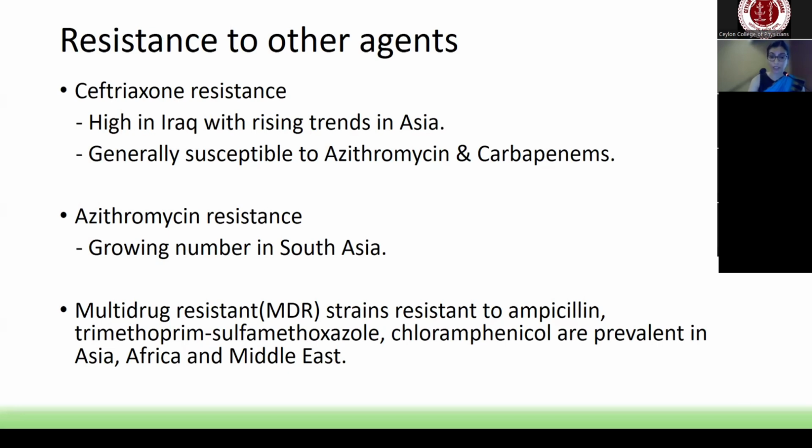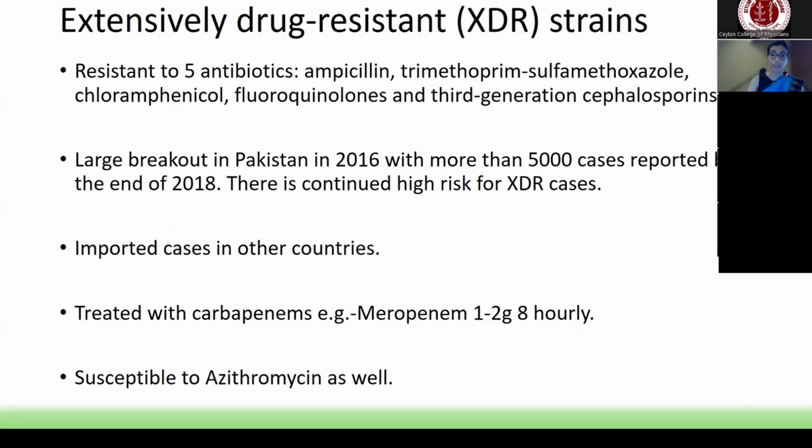Multi-drug resistant strains, such as those resistant to ampicillin, trimethoprim-sulfamethoxazole, and chloramphenicol, are prevalent in Asia, Africa, and the Middle East. The worrying extensively drug-resistant strains are resistant to 5 antibiotics, including ampicillin, trimethoprim, chloramphenicol, fluoroquinolone, and a third-generation cephalosporin. There was the last outbreak in Pakistan in 2016 with more than 5,000 cases reported by the end